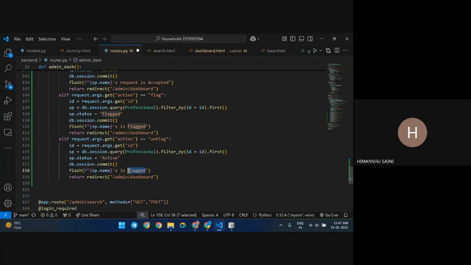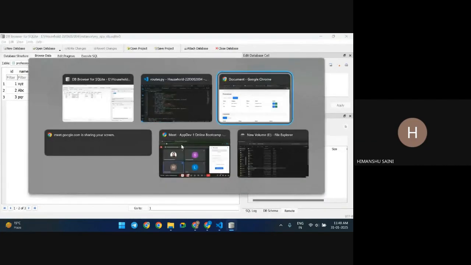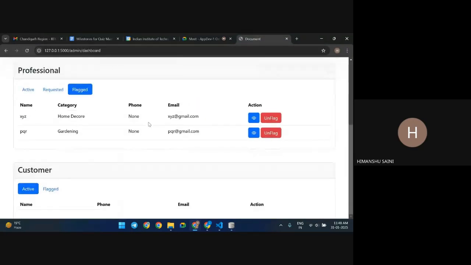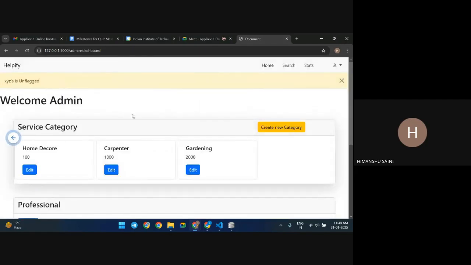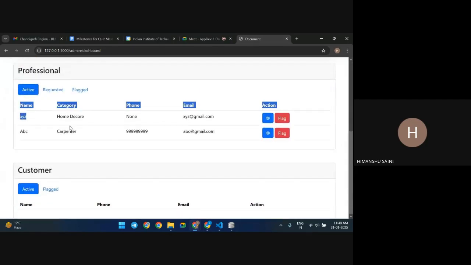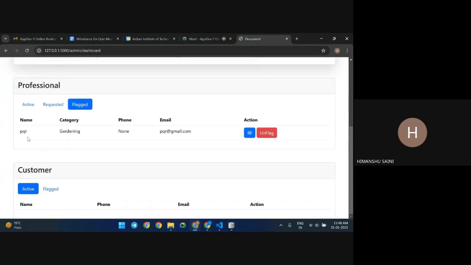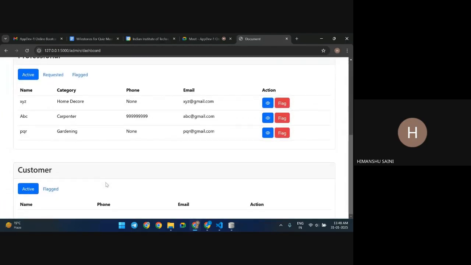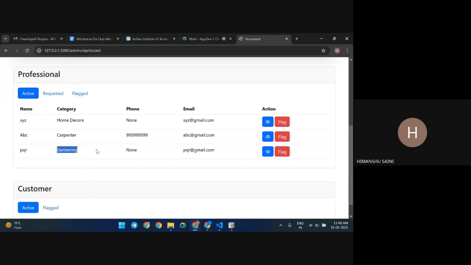And I'll say unflagged. Now I think it's fine. I'll go there and refresh it. So I'll go in the flagged. So these are two professionals. I click on this unflag, XYZ unflagged, and XYZ is appearing here. If I go to flagged, there's only one, PQR. If I unflag this also, I'll just do unflag, and now PQR is appearing in the active,